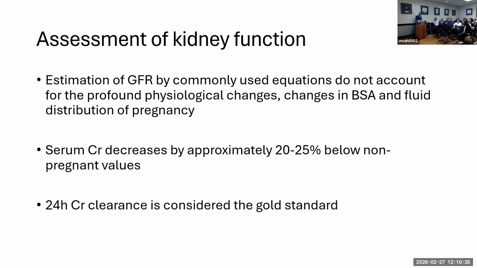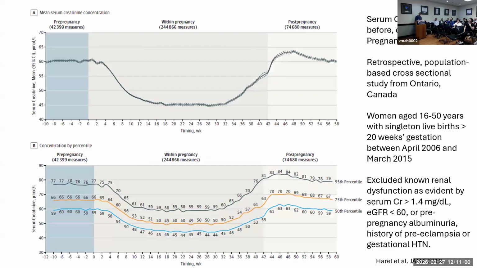That this was done. The reason the decrease in serum creatinine is relevant is that if the only creatinine you had, in terms of enrolling or looking at patients in the data, was in the first trimester, it would be lower. Then when you check it again for outcomes, it would appear to be associated with a negative outcome when really it was just going back to what it was before pregnancy.